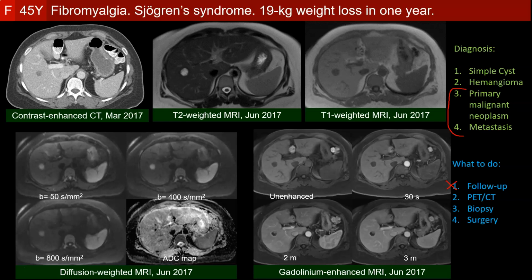This is a retrospective follow-up because there has been a period of time between arrangement of the MRI for the patient to further characterize a lesion seen on CT. And during this period of time, the lesion has already grown. Upfront surgery is also not an option because hepatic surgery is a major surgery and should be based on more substantial evidence of malignancy. So the advice given to the treating physician here was to do PET-CT or to biopsy